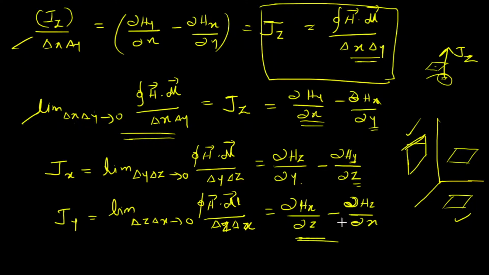Okay, now if you have a confusion, how will I know that hx is the first term and hz is the second term? You have to simply follow the right hand rule of coordinate system, x, y, z. So it is xy, yz and zx. So initially it was hy minus hx. My positive direction is this, so I am coming in the opposite direction, that's why it is minus. So hy minus hx.